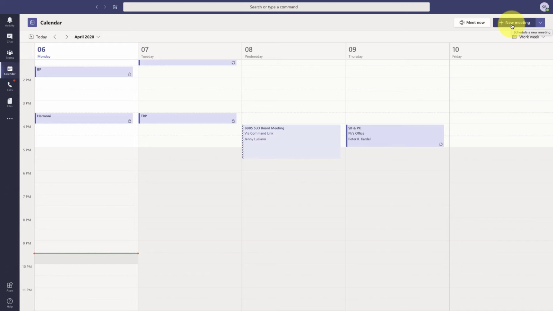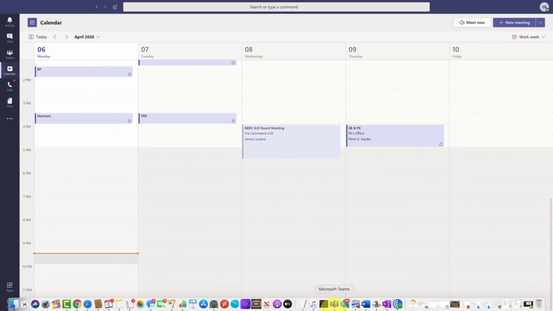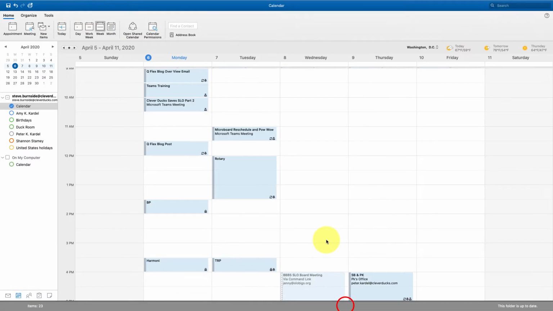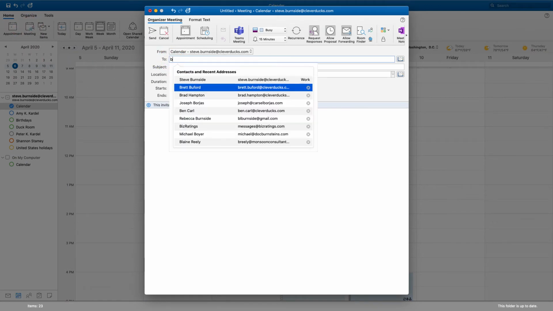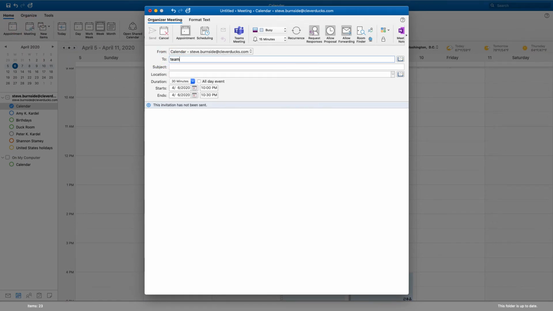But what if you could schedule right out of Outlook? Well, guess what? You can. One of the great features inside of Teams is if I go to my Outlook calendar and I start a new meeting or schedule a new meeting, I have 2. So the nice thing here is I have 2 of the team, so I can have the whole team at